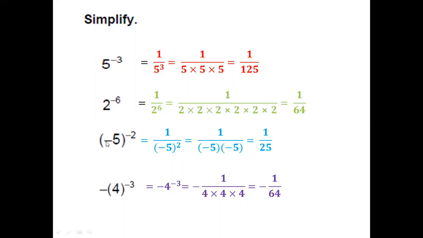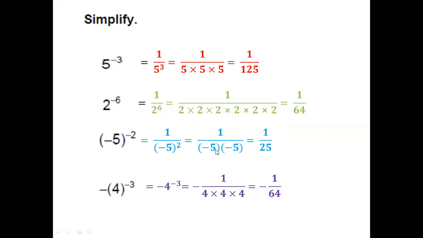Then again, this special case, I have told you also in detail what you need to do. If the integer is inside the parentheses, you need to understand whether your answer is going to be negative or positive by looking at the exponent. So here we have an even exponent, so that means our answer is going to be positive. This basically means negative 5 as a whole we are multiplying 2 times. This is always a special case when we are solving integer exponents. So your answer is going to be 1 over 25.